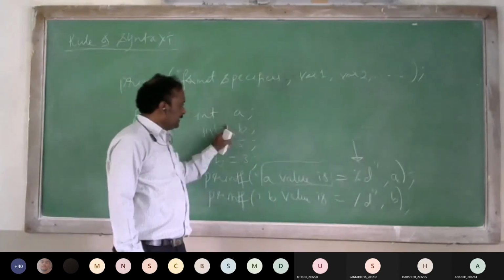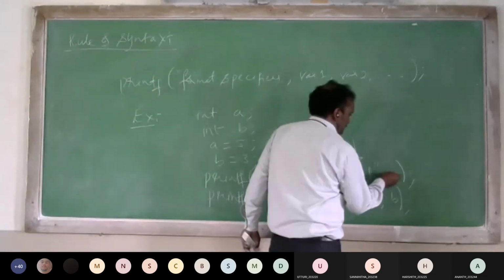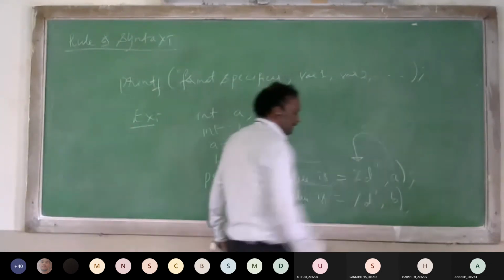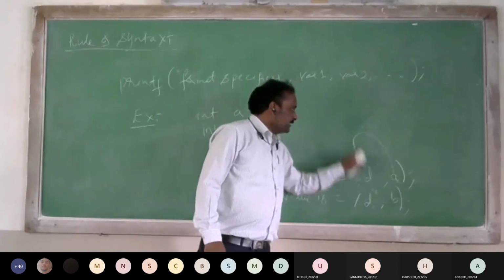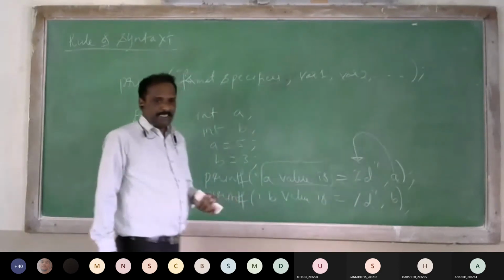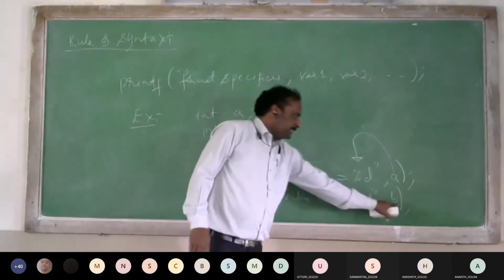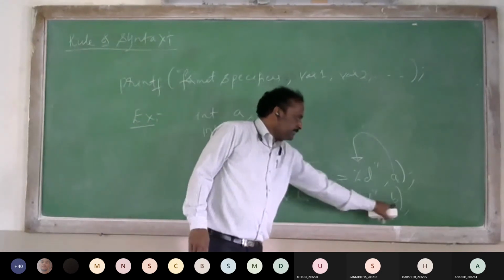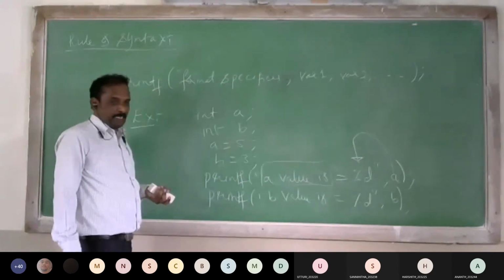The type specifier for integer is %d. What is the variable here? The variable is a. a is of integer type, so we need to use %d. Here, b value is equal to %d. b is of integer type, so since b is integer, we need to use %d.